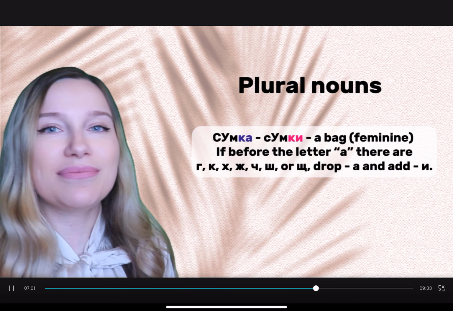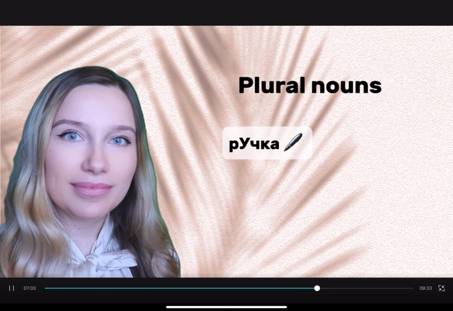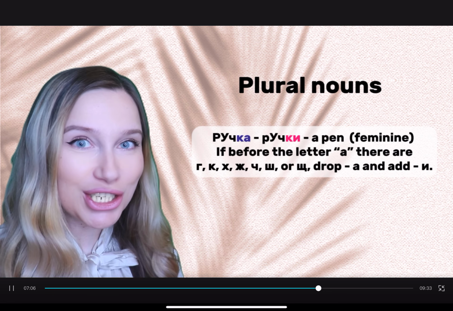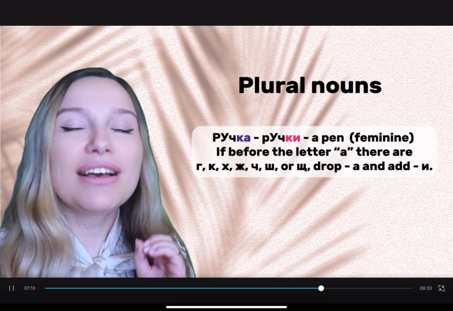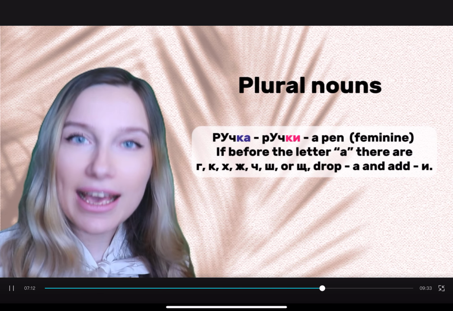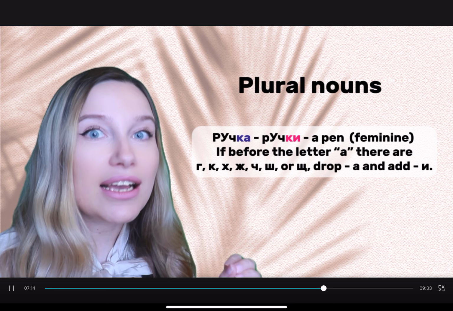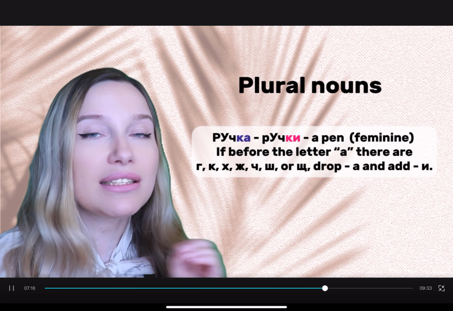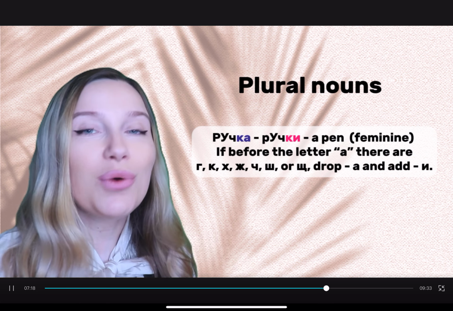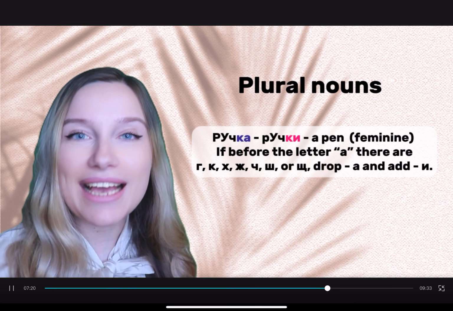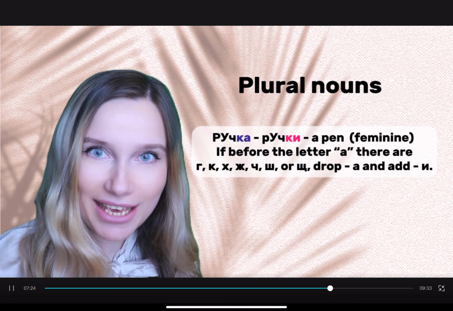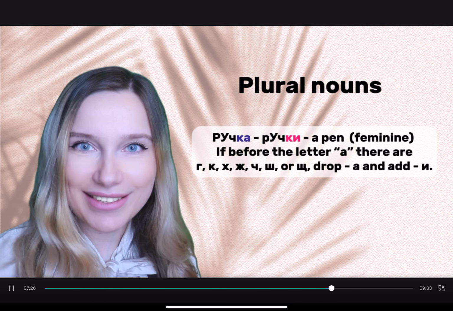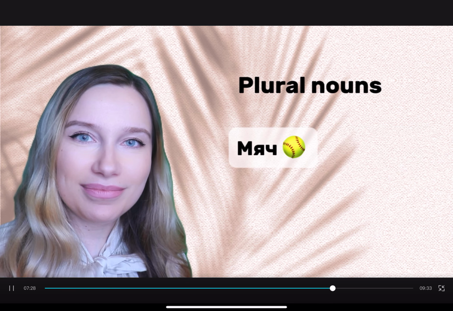The next word, ручка, ручки. The same story here. The word ручка ends in the letter А, and before the letter А, there is the letter К. We just drop А and add the letter И in plural. Ручки. The next. Мяч,